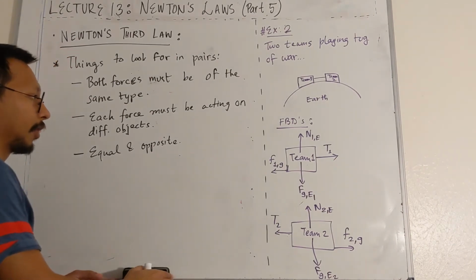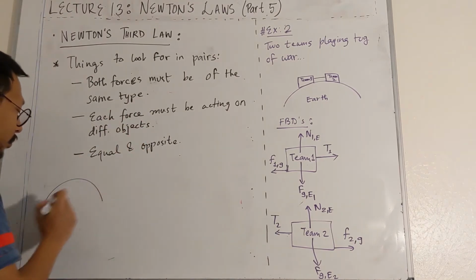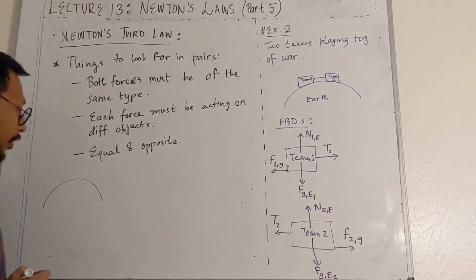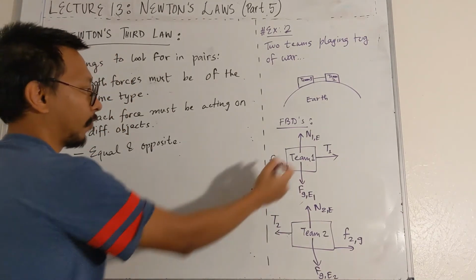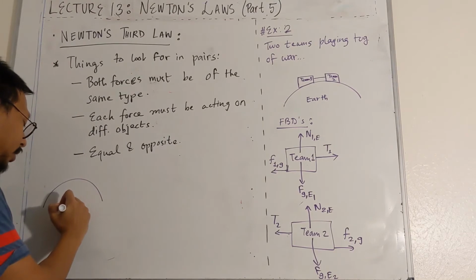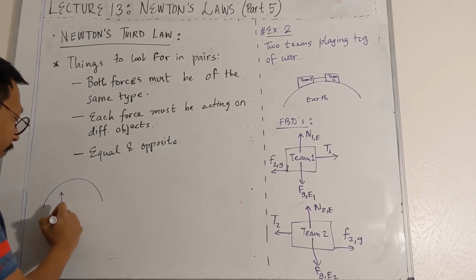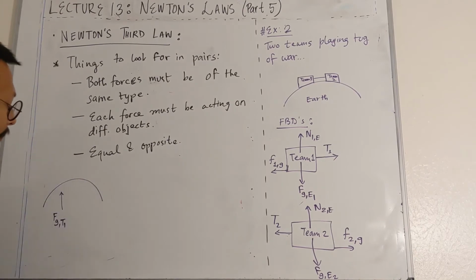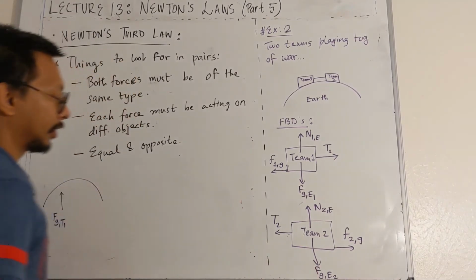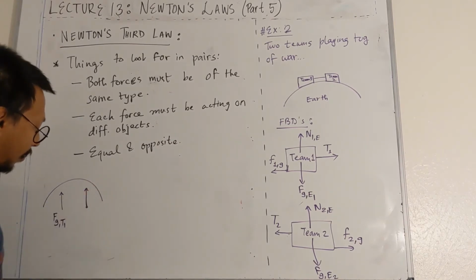Now let's draw a free body diagram for the Earth surface. All right, so what are the forces on Earth? Well, because Earth is exerting a gravitational force on team 1, team 1 will exert an equal gravitational force on the Earth in the opposite direction. Let's call this F of gravity by team 1 on Earth. Similarly, team 2 will also exert a gravitational force on Earth upward,